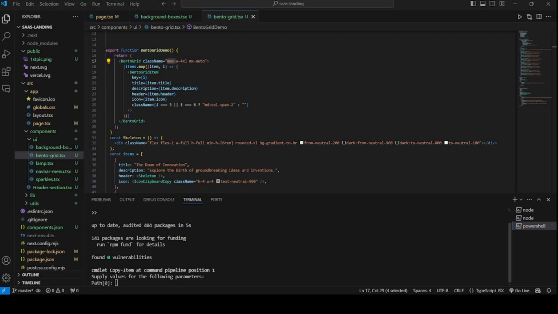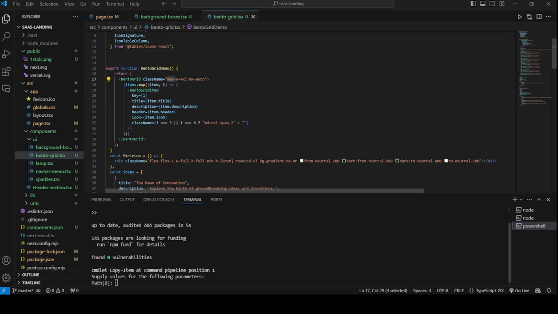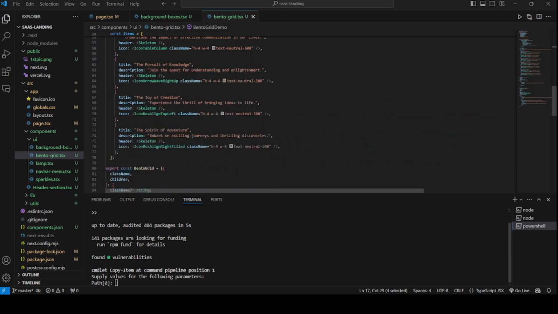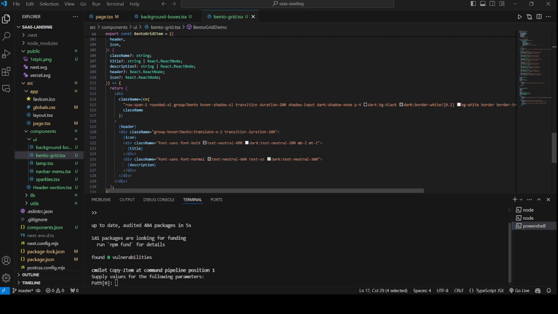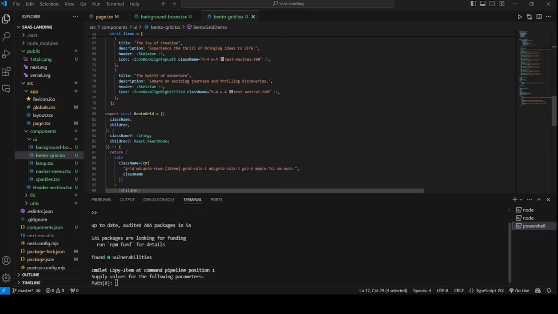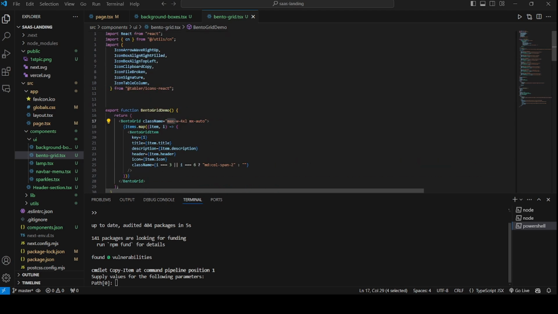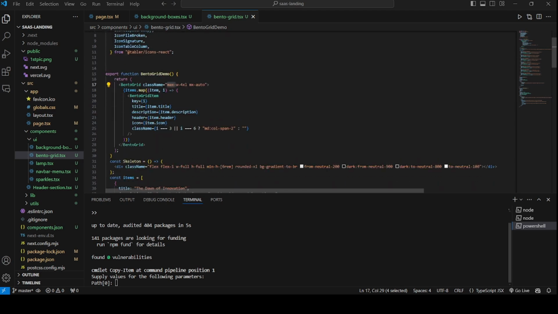Okay, so coming back again to our VS Code. So here I'm going to change the width. Here you can see bento grid demo. It's just the whole bento grid. So if I change this max width, mx-auto is actually bringing it to the center.